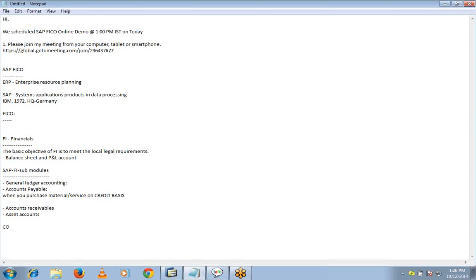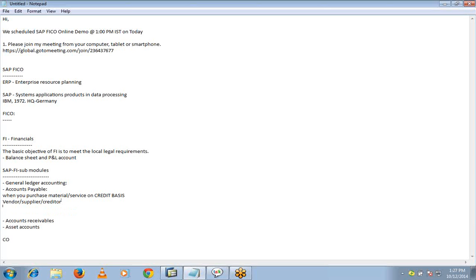Clear? It covers vendor, supplier, creditor. Vendor is the person who is supplying material or service. Supplier is a similar term for the vendor. Creditor is also a synonym for that. These three terminologies are one and the same. So, in accounts payable, you are going to cover all credit transactions, and obviously those would involve a vendor, supplier or creditor.